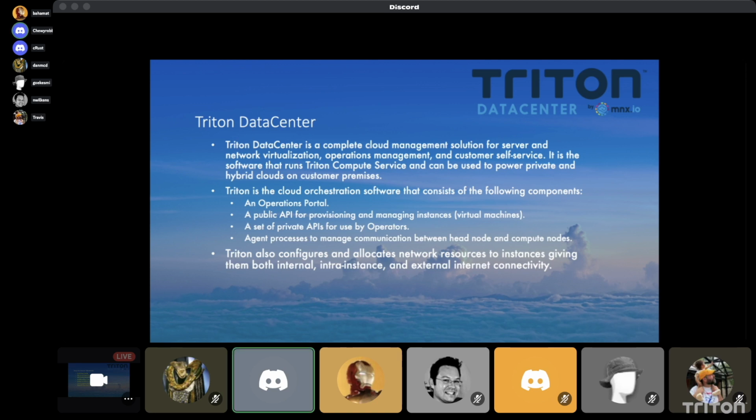It consists of the following components: the operations portal, as I mentioned, a public API for provisioning and managing instances, and then a set of private APIs for use by operators. So there's a bunch of SDC commands that are available for the operator only. So things like the network API and VM API, right? And those internal APIs are how Triton itself gets everything done. You can do anything through those APIs that Triton itself can do. So there's no restriction there,